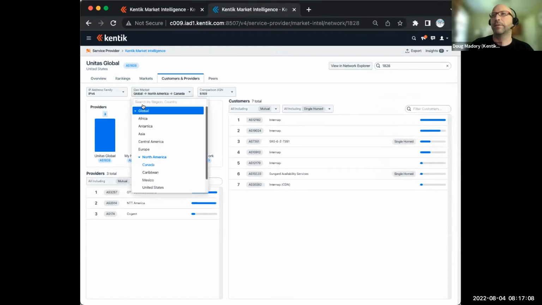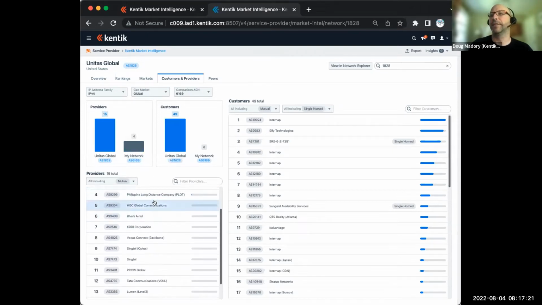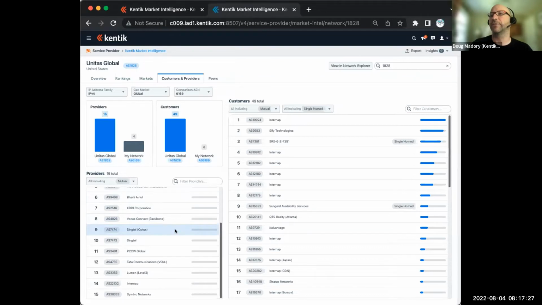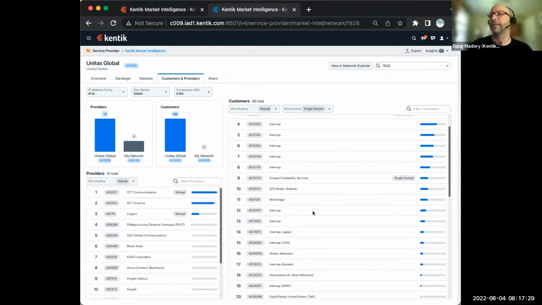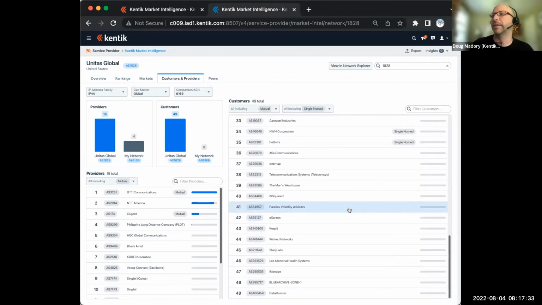In this case, we expand this to global. I don't care about the comparison, but this is an international company. You see PLDT out of the Philippines, and HTC, Hong Kong, Bharti Airtel, India, KDDI, Japan. This is a very international set of providers, and then these are who we're seeing presently as their AS level